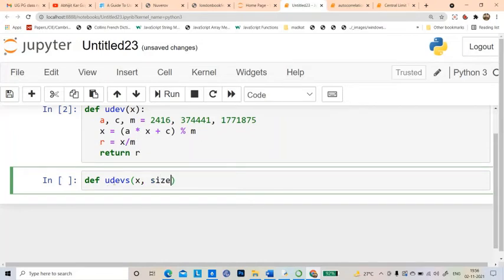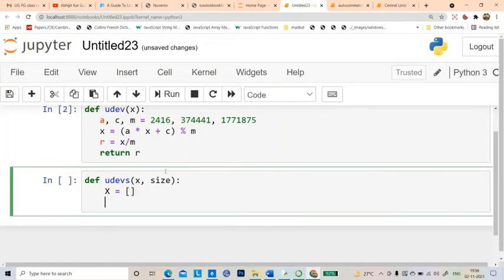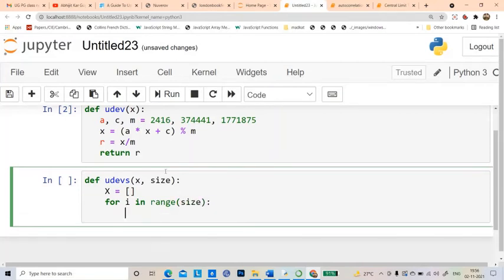Let me write capital X equal to an empty list, and then I run a for loop for i in range size, and inside I write x and r equal to udef x.